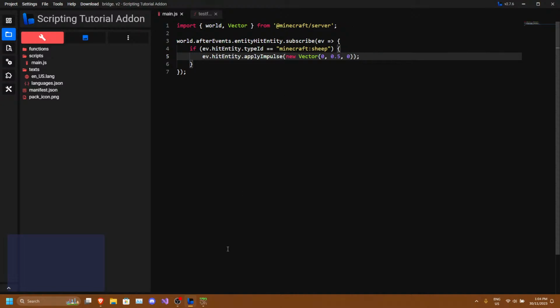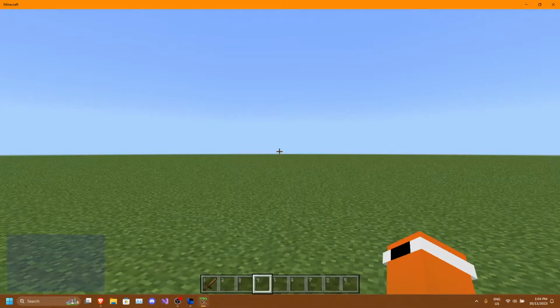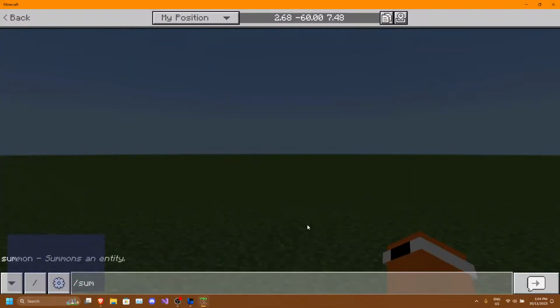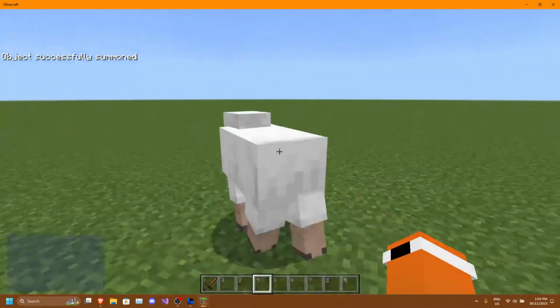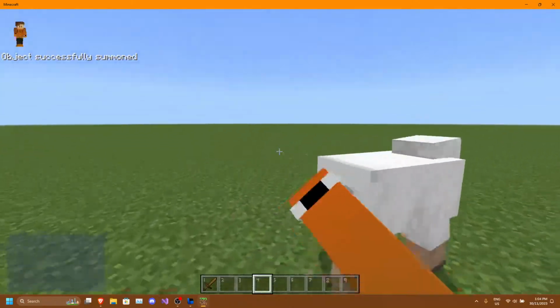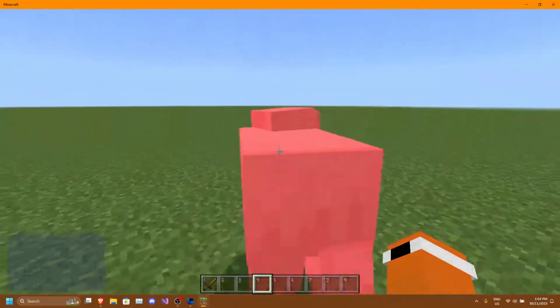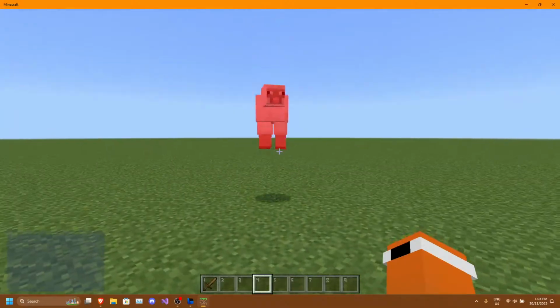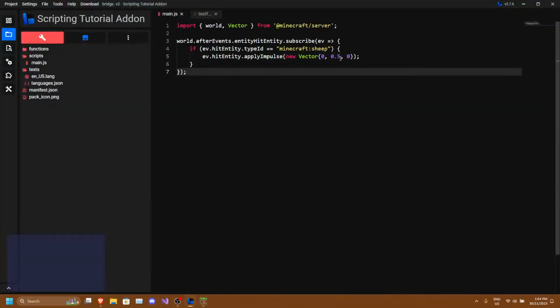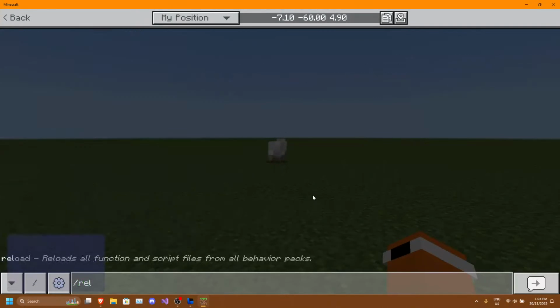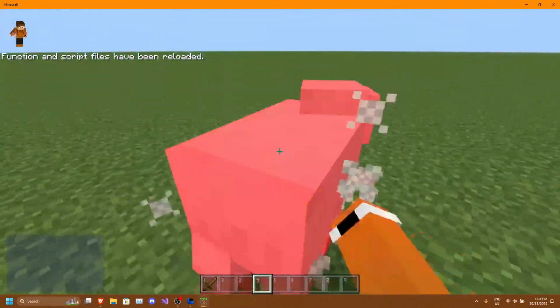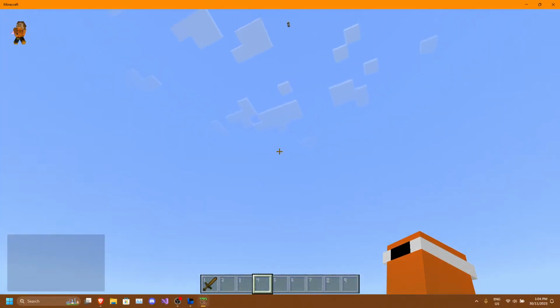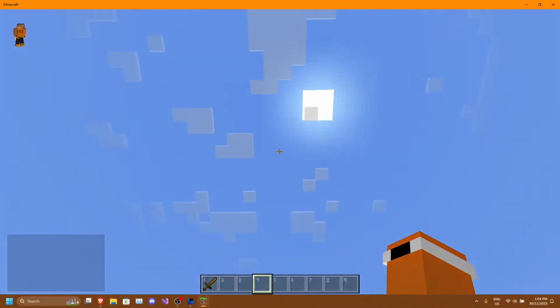I believe that should work. So if we test this in game, there we go. And then there's all sorts of other stuff. For example, we could make it shoot way up in the air. Oh, it's still going.